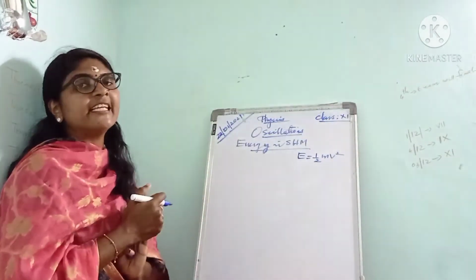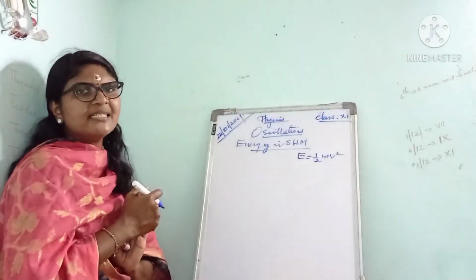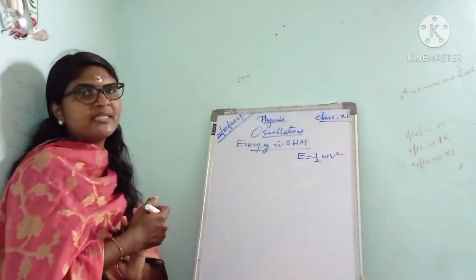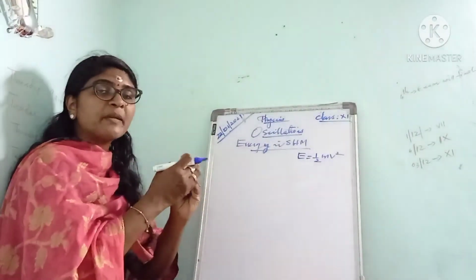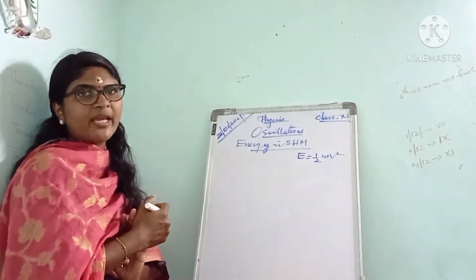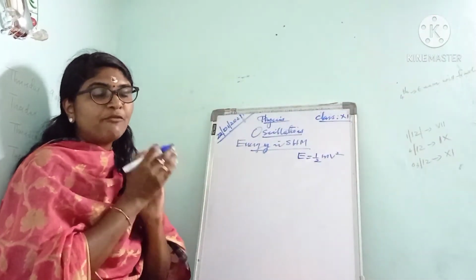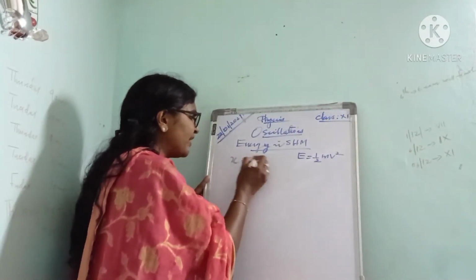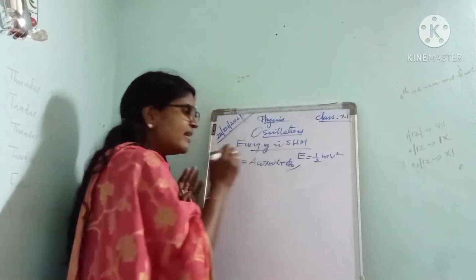Then after differentiating the expression for displacement, we will get the velocity. Either we can directly substitute the expression for velocity, or we can first find the expression for velocity from displacement. Both are correct. Here we first find the expression for velocity from displacement. You know the displacement x equals A cos(omega t plus phi 0). That is the expression for displacement.